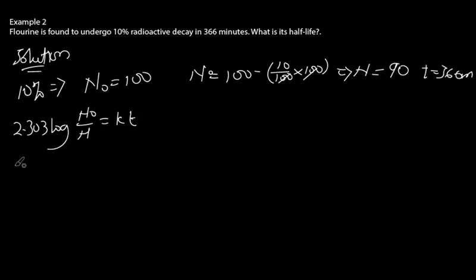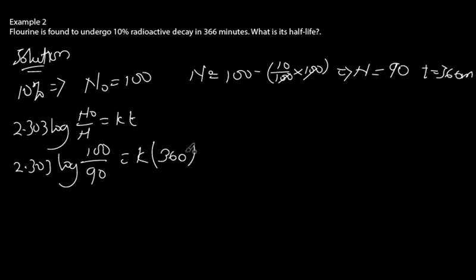So from here we have 2.303 log, our n naught is 100, our n, the amount that is left after the 10% decay, is 90, is equal to our k, we don't know, but then our t we know is 366. So it's 66. All right, so let's go ahead. So we have 2.303 log the ratio of 100 to 90,